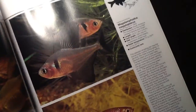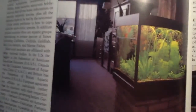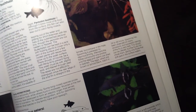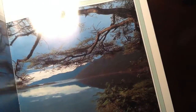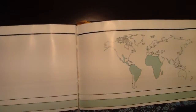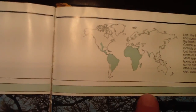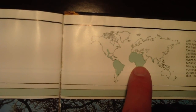the thing that I really liked about this book, and this is what it did, is there's another cool planted tank. That's amazing. Let me find it for you really quick. But it broke fish down into categories. So like the cichlids, okay? And it shows you where in the world cichlids come from. South America, the ones that you would probably know of, are the angelfish. A lot of cichlids that are from Africa are going to be,